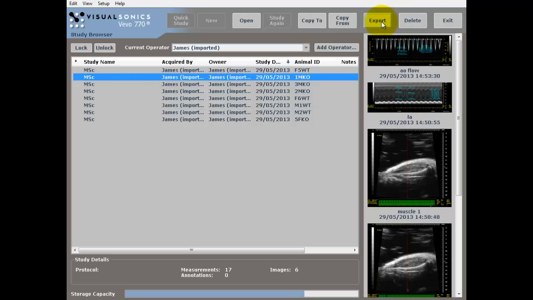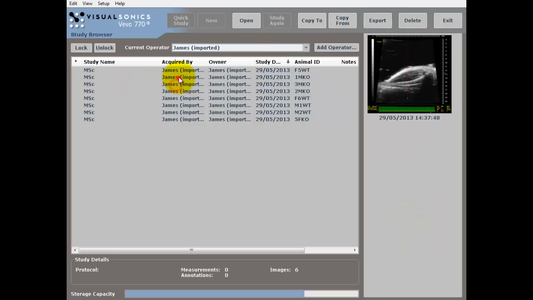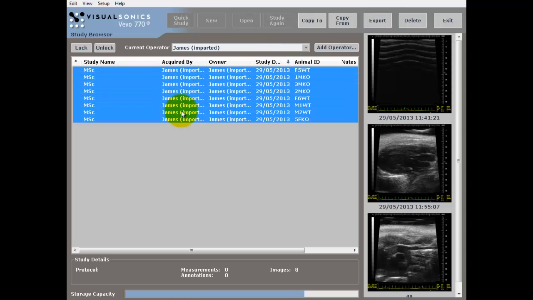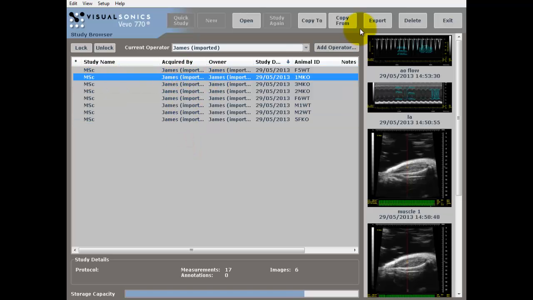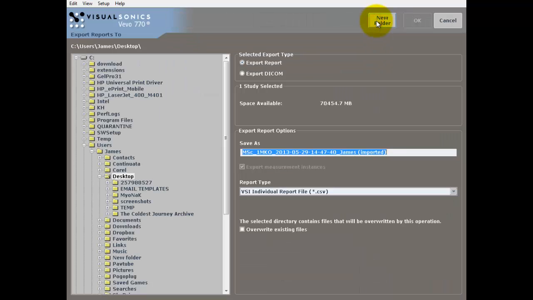So you can click on export, and select the file you've just edited, or you can select all of the files here by pressing shift, but I've only edited one of them, so I'm just going to click on that, and click on export. By default my computer saves it to the desktop, so do make sure you put it somewhere where you can find it. It's going to be a CSV file, a comma separated value file, which Excel should load by default. It's going to call it the name of the study, followed by the name of the animal, followed by the date and time the study was done, and the person who did it,